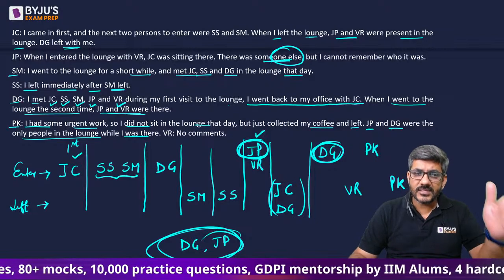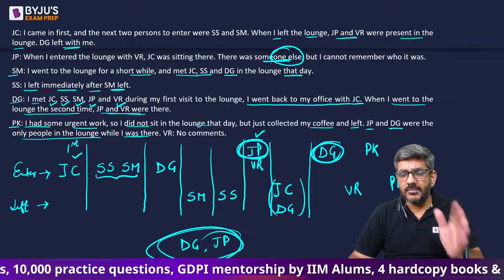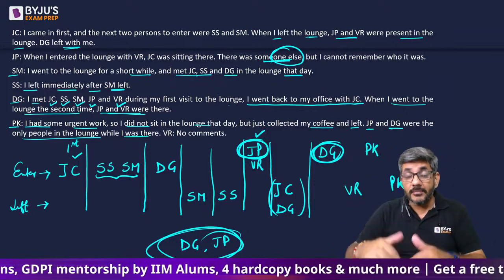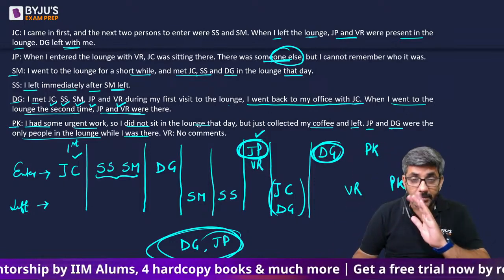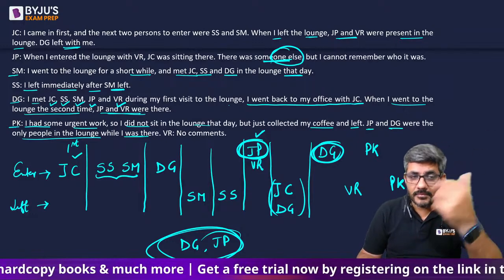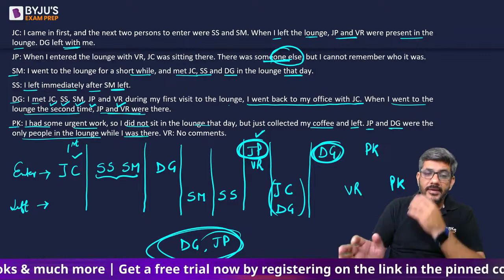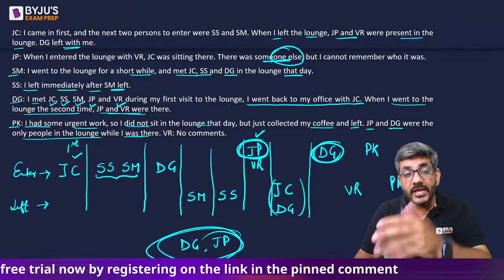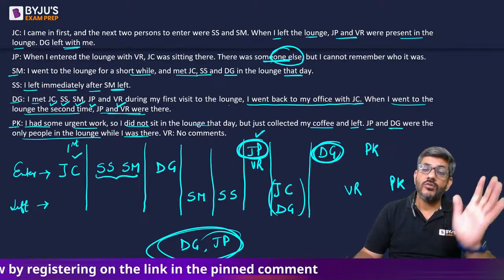जेसी, एसएस, एसएम, डीजी, they came, then SM left, SS left, then JP and VR went out, then sorry came in, then JC and DG went out, DG again came in, VR went out, PK came in, PK went out, DG and JP are the last two people in the lounge. We do not know in what order they leave, लेकिन वो लास्ट के दो लोग हमारे पास यहां पे